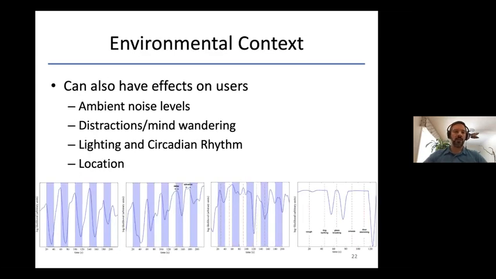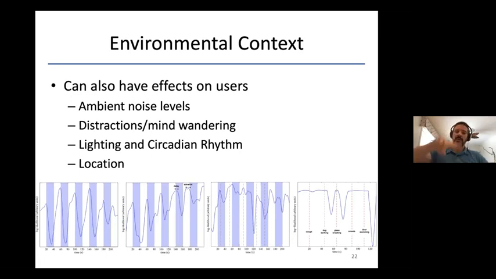And if you recall one of the first slides, I mentioned that when I talk about context, I talk about user and environment, but then the environment can also have an impact on the user. So imagine yourself, for example, working in a noisy environment. Your reactions are going to be different. Your emotional state will be different if you have distractions also and so on.